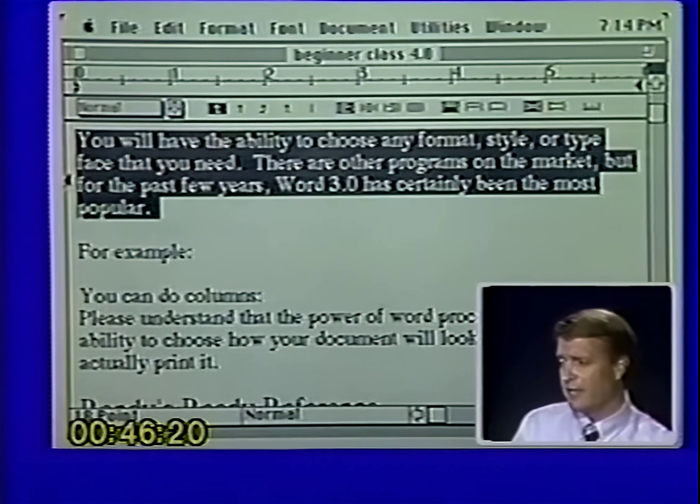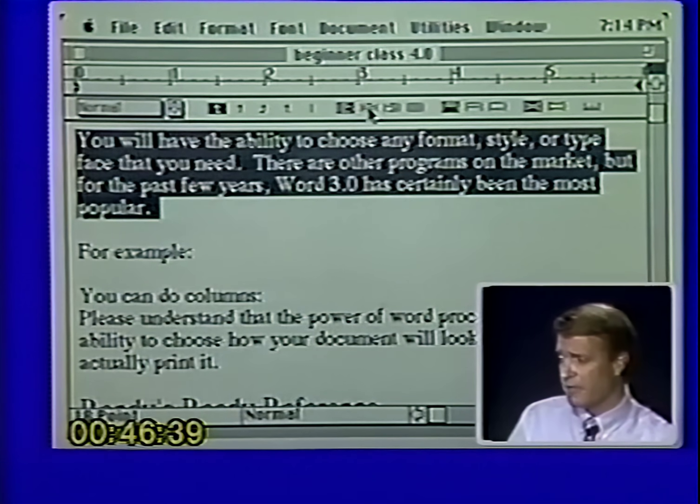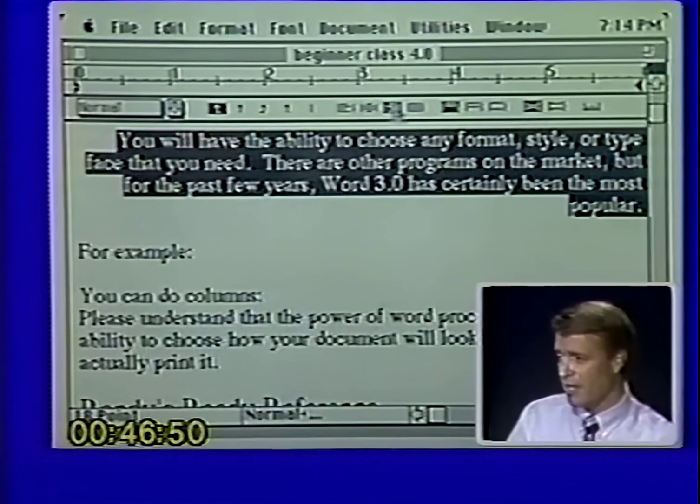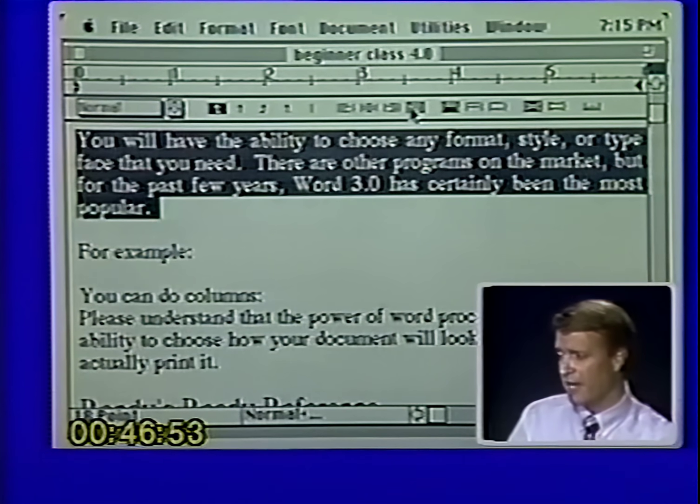Now again, I select it because the ruler will only command or make changes in what I select or what I'm going to type. Right now you'll notice that the first box is already selected. That's the default setting. That is justified left, flush left. So you'll notice if you never make any changes, every time you type it will be flush left. The second option or the second box is centered. And you'll notice that centers my paragraph. You'll also notice that paragraphs don't look too good centered. The third option is flush right. And the fourth option is justified left and right.